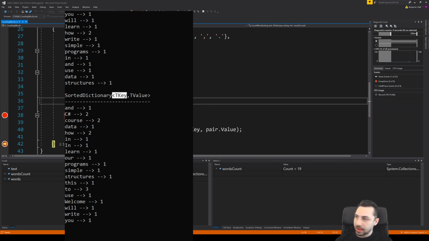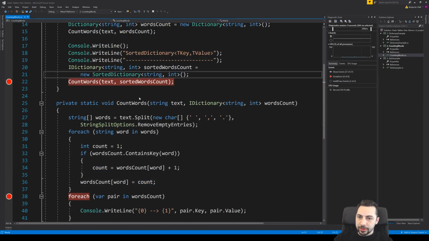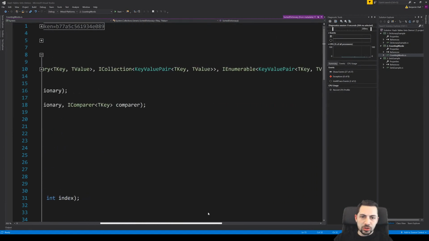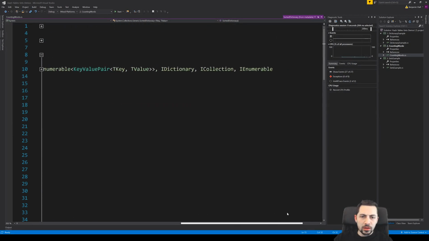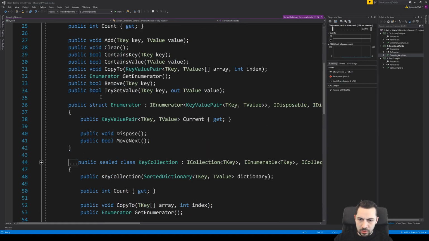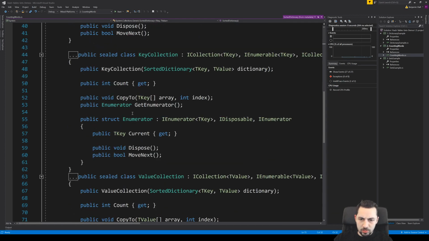All right. If we look at, let's stop debugging. If we look at the sorted dictionary, go to definition. It relies on the fact that key collection sorted enumerator.